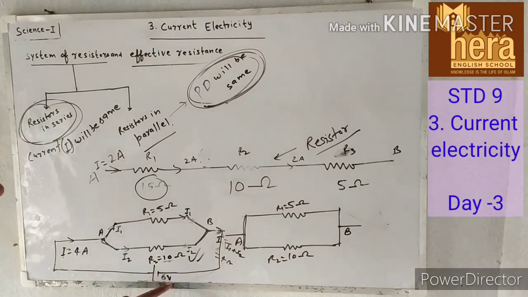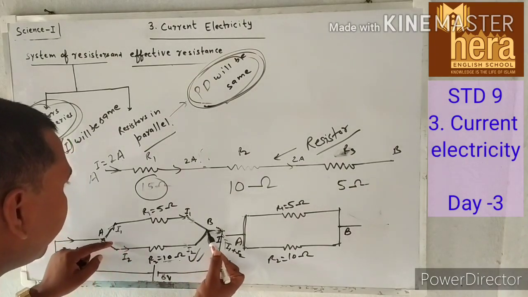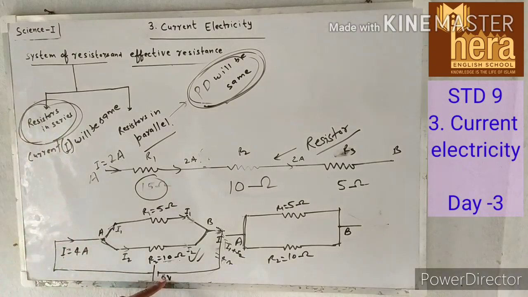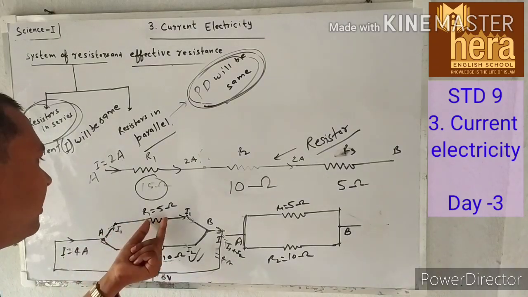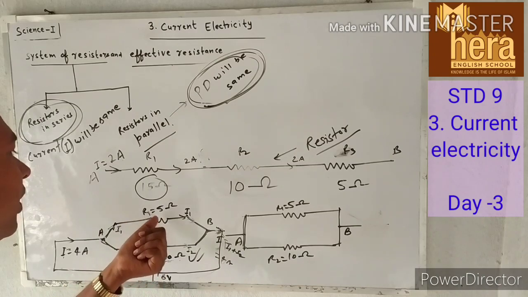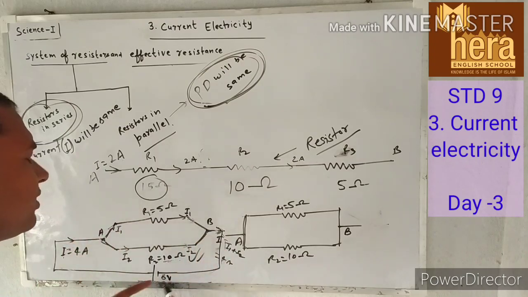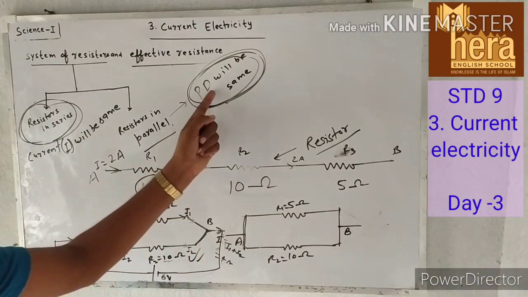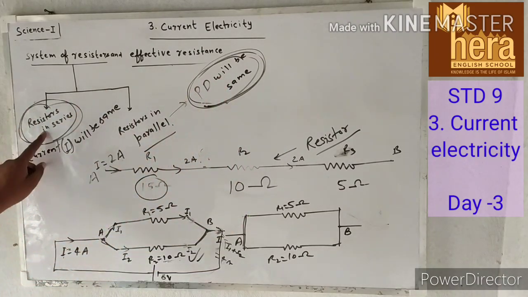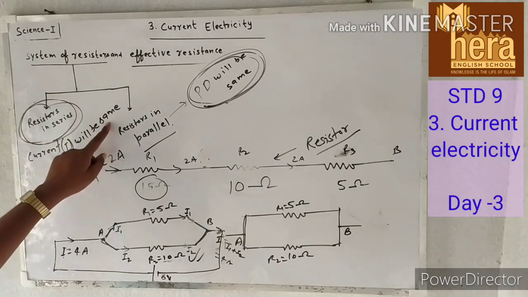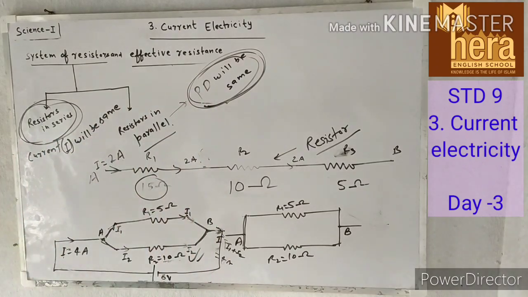And if I ask what is the potential difference across R2, the 10 ohm resistance, again you have to see this is connected across 6 volt. So the potential difference in the case of 10 ohm is also 6 volt, and the potential difference across R1, having resistance 5 ohm, is again how much? 6 volt. So in the case of parallel, the potential difference will be the same. In the case of resistors connected in series, the current will be the same in every resistance. These two are very, very important for the derivation.